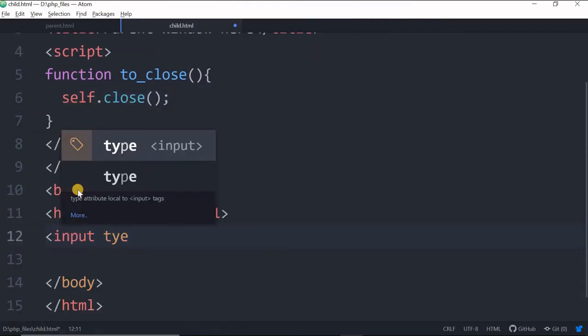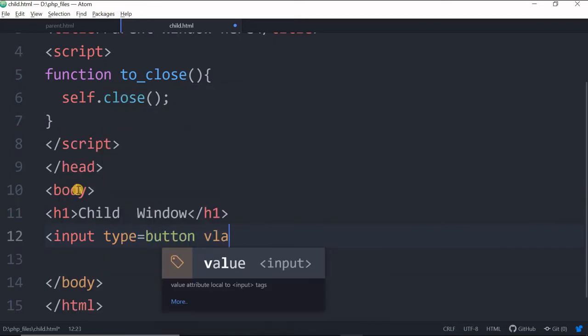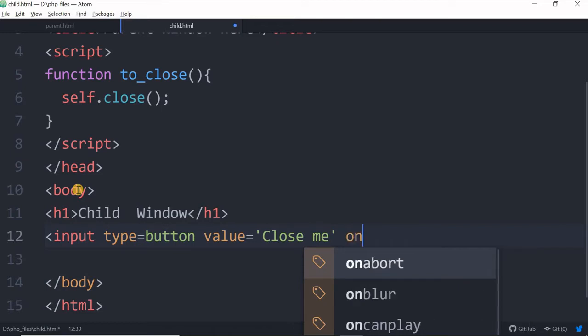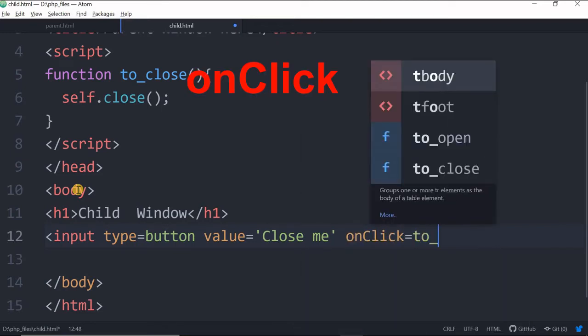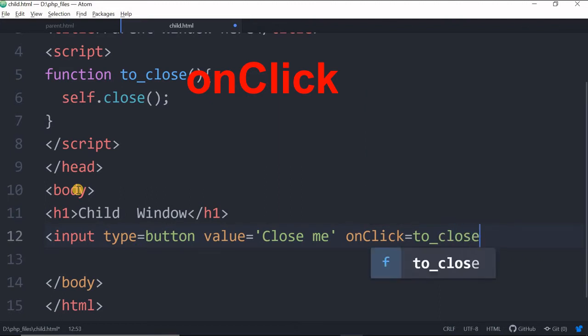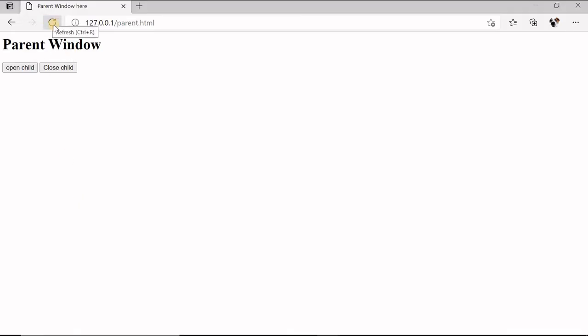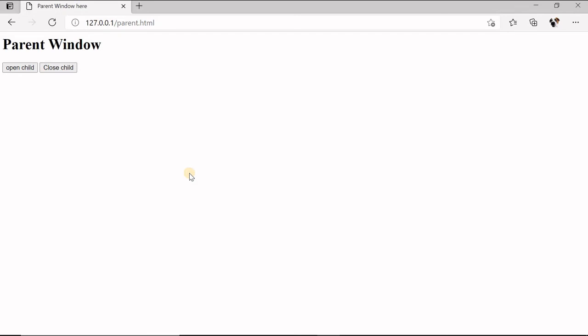So we'll say input type equal to button, value, let's say close me. On click we'll execute toClose. This function will run once the button is clicked. I'm saving this, going here, refreshing. Now open child, and here close me. So the child window is closed.